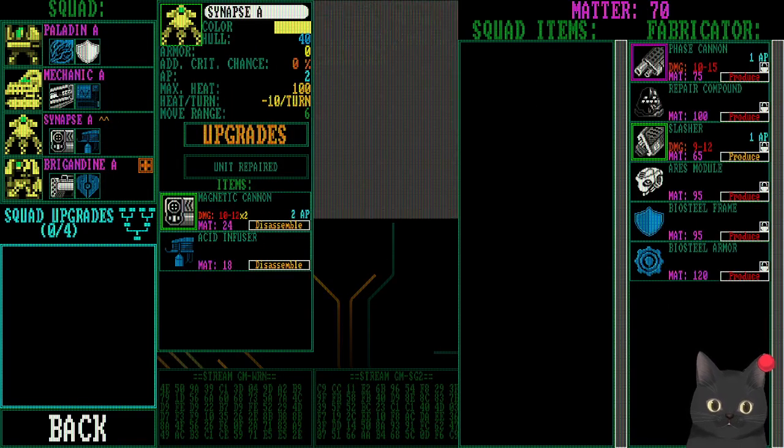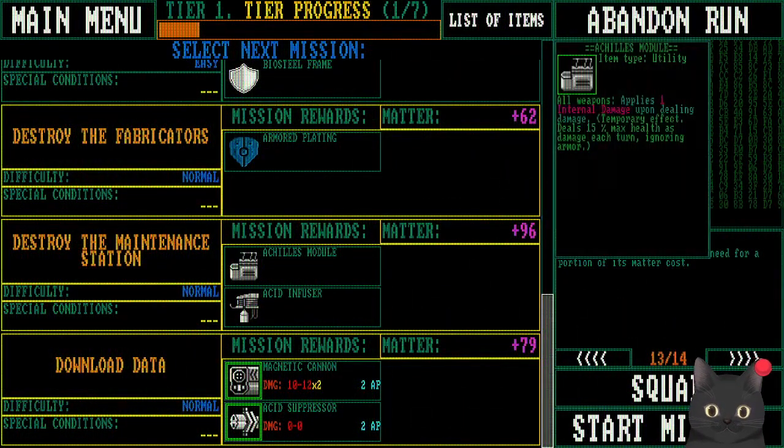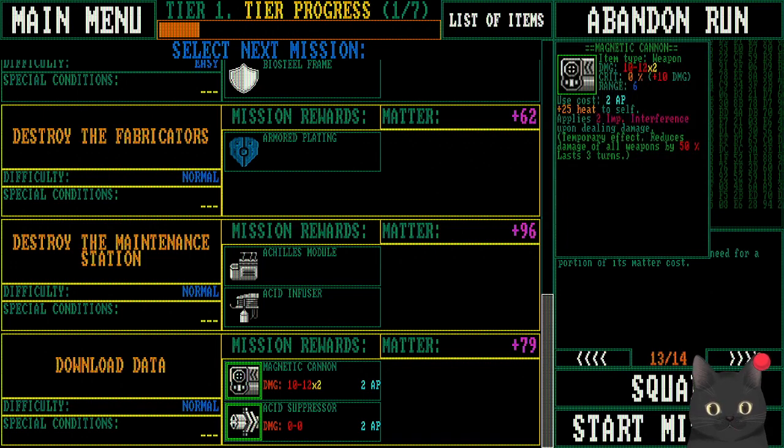You know, we'll hold on to the rest of this. I don't want the slasher. Yeah, I don't really care about the slasher. And heading back, in addition to the rewards for missions, you also get matter, and matter is used for all that stuff you just saw. Let's see. I don't really care about the acid suppressor or the...